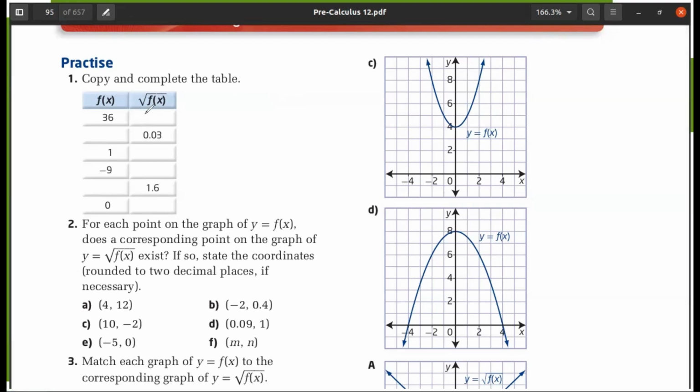So yeah, we have to fill a random function according to us. Ah, okay. We can do this, right? Yeah. This is 6. This is 0.009. This is 1. For f(x) negative, the root of f(x) does not exist. This is not 0.4. 0.4 into 0.4 is 0.5. This is